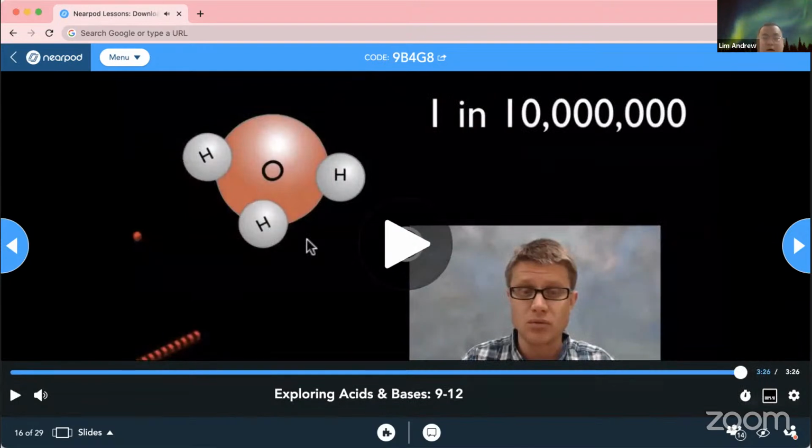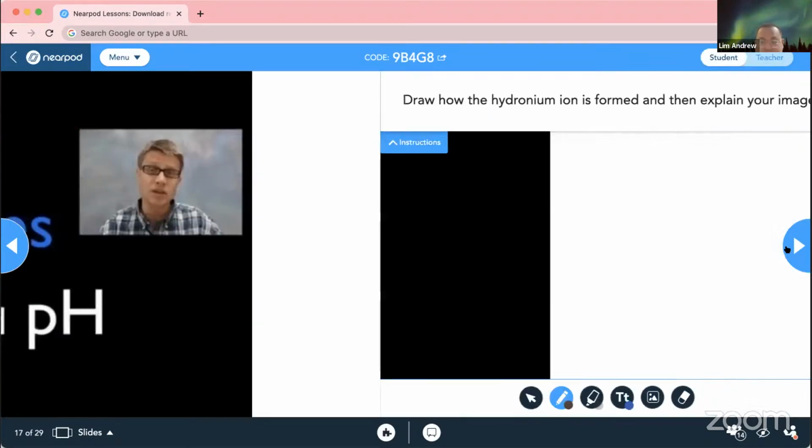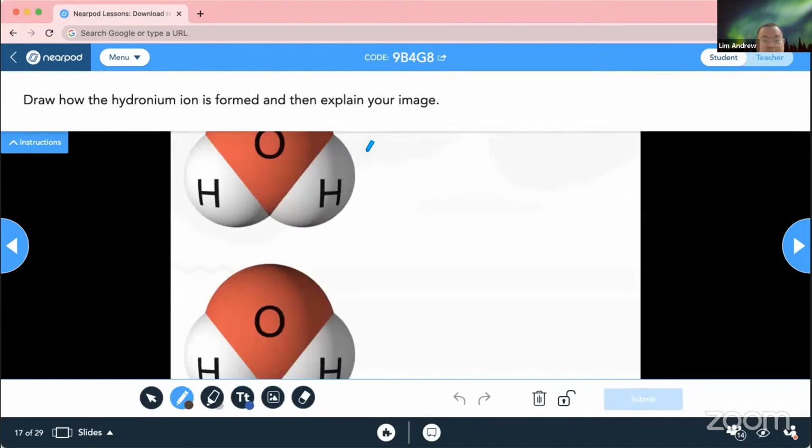All right, so now you understand roughly a little picture on how the hydronium ion was formed. It's basically due to the negative and positive charges that attract to each other, whereby one water molecule basically pulls the hydrogen from another molecule and makes it into H3O instead of H2O. In my next slide now, please draw and tell me how hydronium ion is formed.